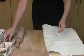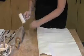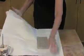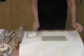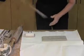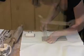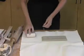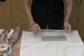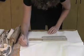Then you're going to cover it, and you're going to use this little roller. You're going to go to 45-degree angle, then you're going to straighten it out, and then you have the drinking edge. Okay, again, before you do anything, you want to straighten it out again, because every time you handle it, you're going to change the dimensions. Okay, so now, very important step, you have to take the dimensions that it is right now, and you have to write it down. Okay, so I am 9 7/8,